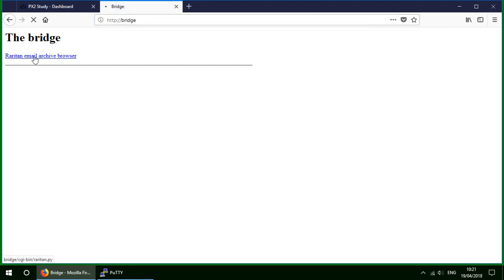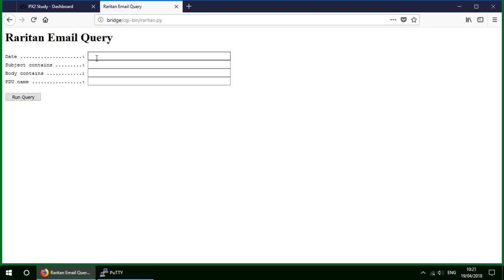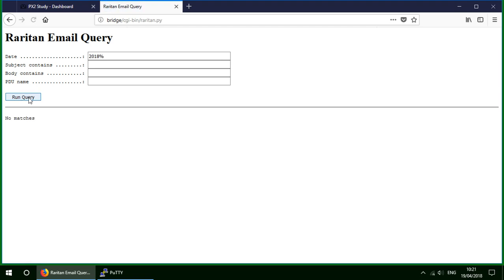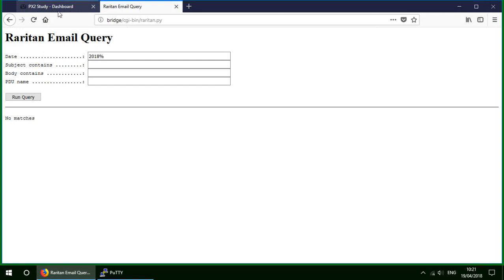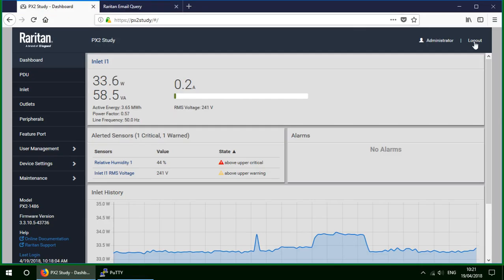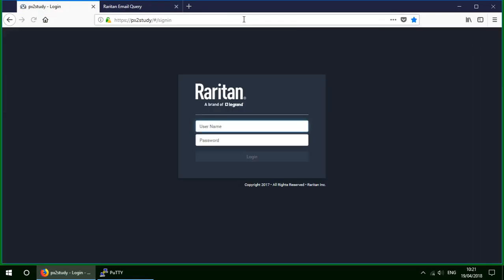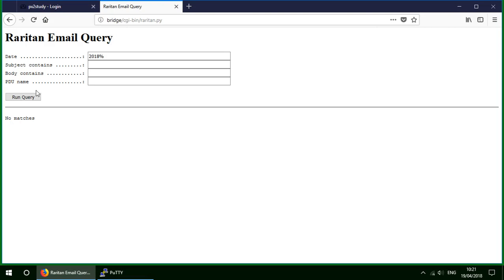It's called the Raritan Email Archive Browser. Very basic looks. So if I want to see anything that's been sent from 2018, this year, I get no matches. Look what happens now. If I now log out, go back to my query, run the query again,